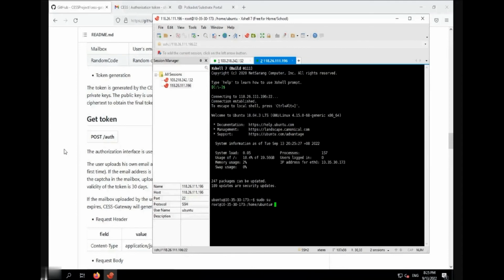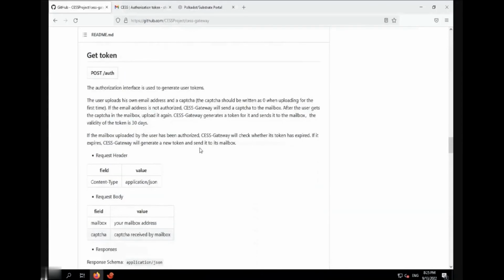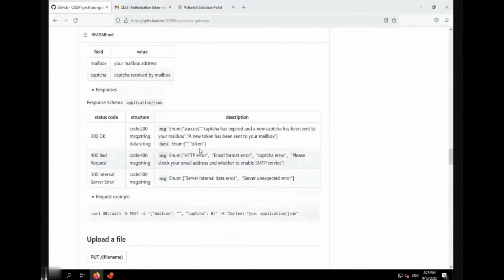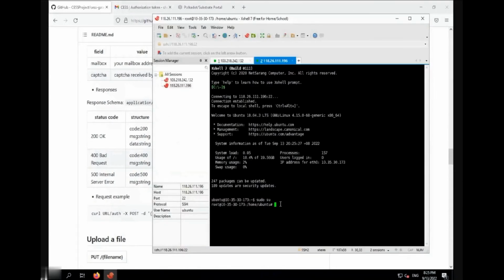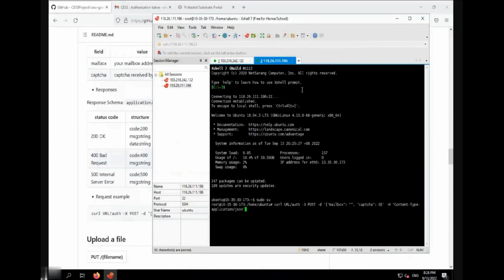Very similar to the steps we showed earlier, you will need to request a token from the gateway. The first step is to copy the command line for applying for the verification code. The main difference here is that the URL is no longer the one that starts with 127.